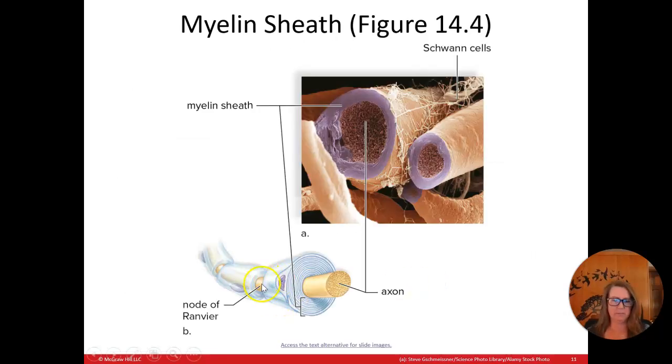So here is a little picture. So we see that Schwann cell wrapped around the axon, kind of like the insulating material of an electrical cord. But there's spaces here. You wouldn't want that in your electrical cord, but this is going to help speed up